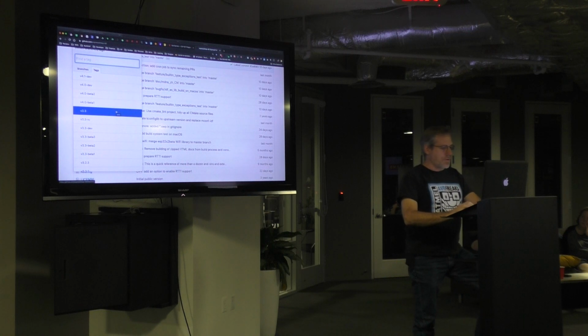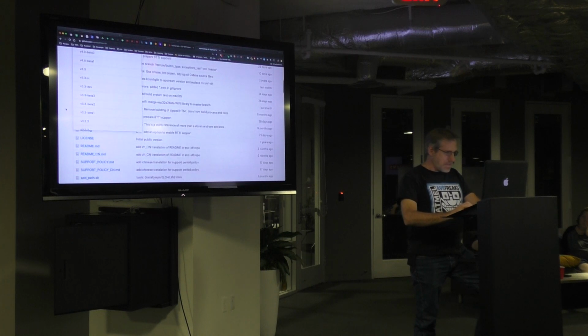What I'll do sometimes is clone it in one directory and check out the v3.3 tag, then I'll clone it again in the directory right alongside it, the exact same code base, but I'll